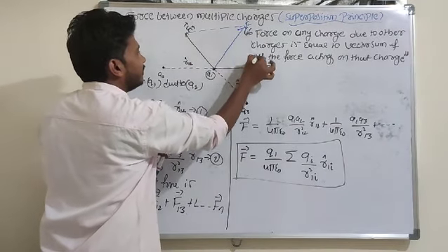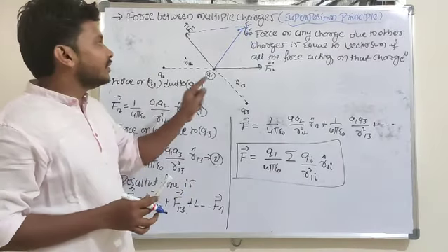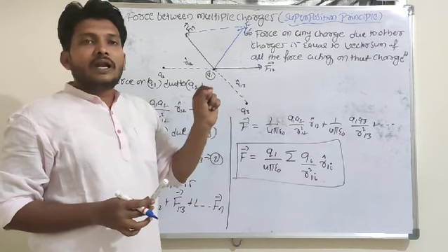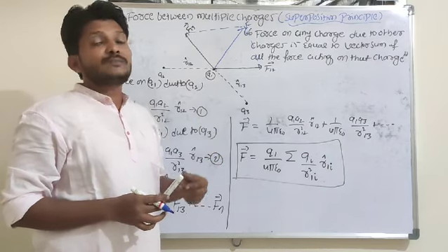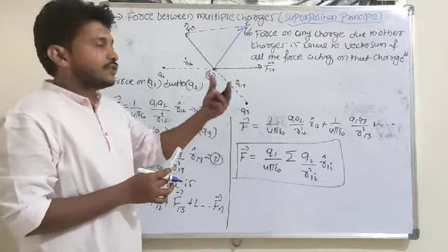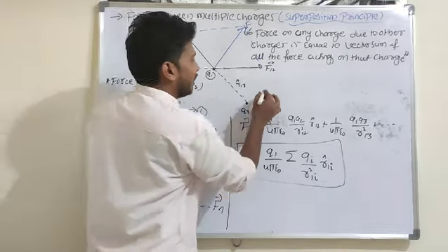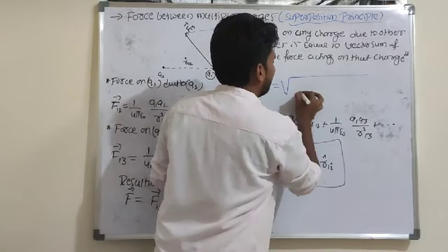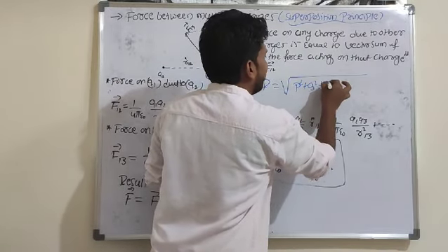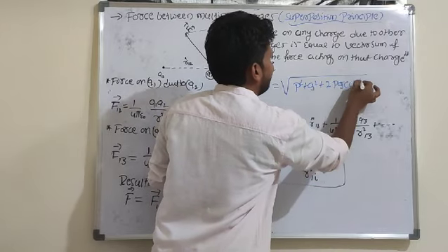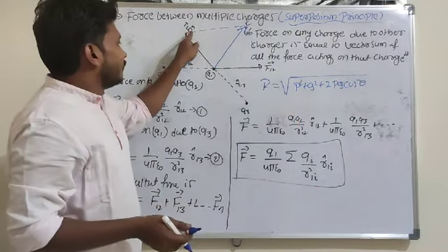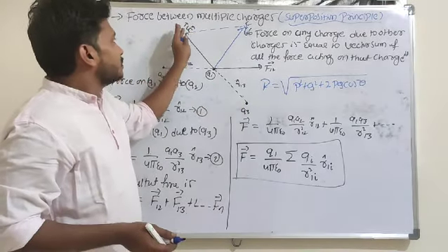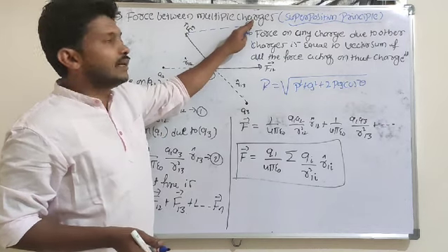In order to get the magnitude as well as the direction of the resultant force, I will use the parallelogram law of vector addition as well as the polygon law of vector addition. In first PU, in the topic of motion in a plane, you learned that the resultant vector in the parallelogram law of vector addition is R equal to the square root of P square plus Q square plus 2PQ cos theta. In a similar way here, for the forces F of 1 2 and F of 1 3, between these two forces there exists one resultant force.